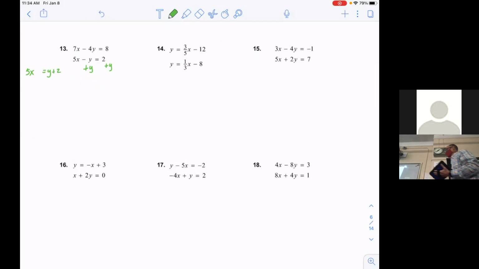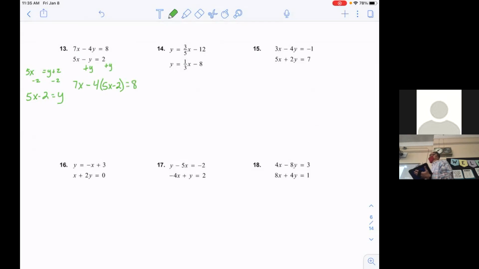Now to finish that out, what am I going to have to do? We need y by itself, so I need to subtract the 2. So 5x minus 2 is equal to y. Now we are ready to go. So what's my next statement going to start with? We're going to go to the other equation. So 7x minus 4 times y, but I'm not going to write y. What am I going to write? I'm going to write 5x minus 2